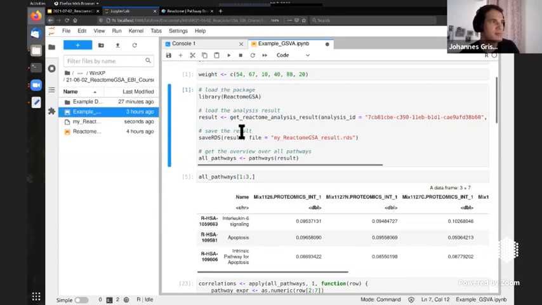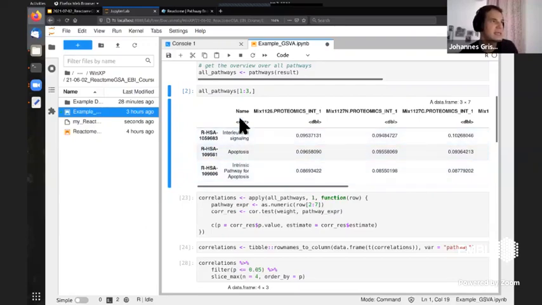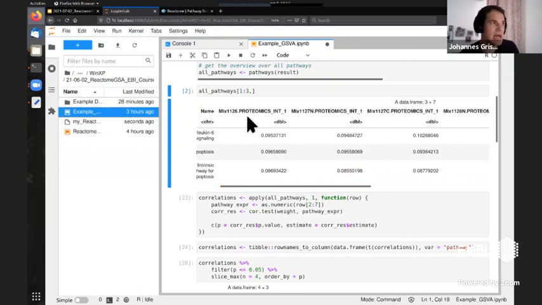So now it's downloading the result. And the result now looks like this. So this is all pathways. So what you see here is I have my pathways again, but now as my columns, I have all the samples that I just uploaded. And for each sample, I have one expression value. Now, one thing I can do is correlate my pathway expression values with my weight,